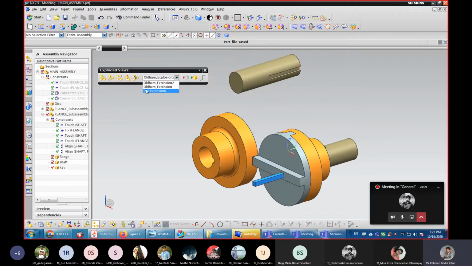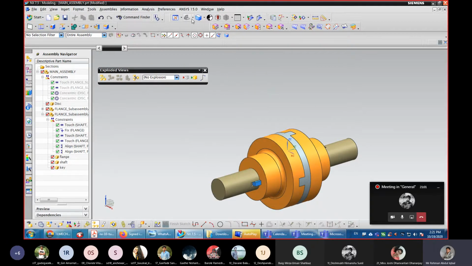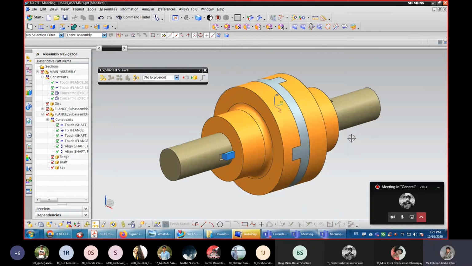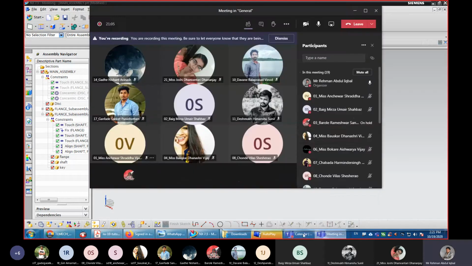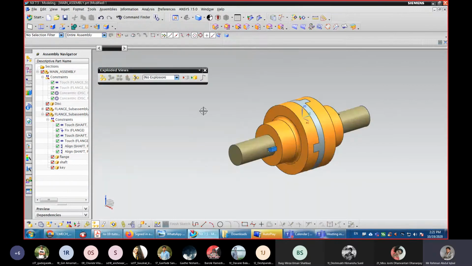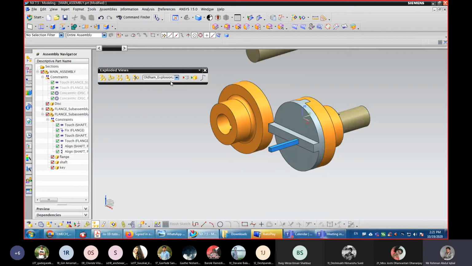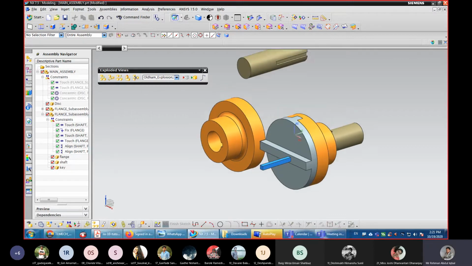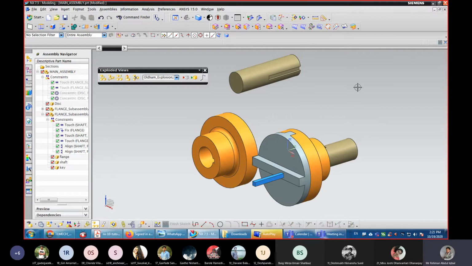So if you go to no explosion, this is our assembly. And if you go to Oldham explosion 2, it will look like this. This is the second explosion.